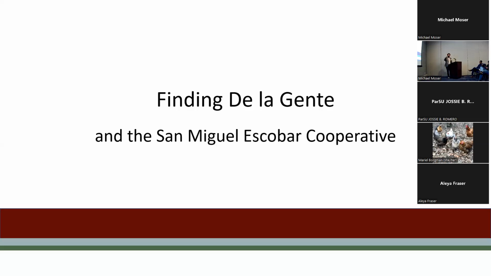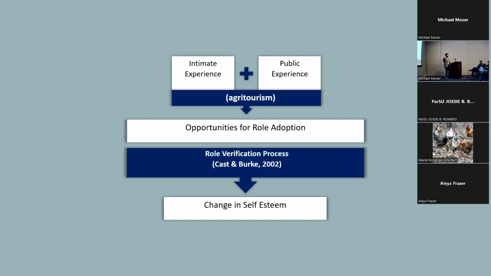If you want to click to the next slide, this is the broad framework that I was using. This is a very brief summarization. If you want to read the literature review, it's published, so we can talk about that later. I put agritourism in parentheses because, again, I wasn't using agritourism necessarily originally. But as we know, with tourism and all of the prefixes, there's a lot of overlap between them.